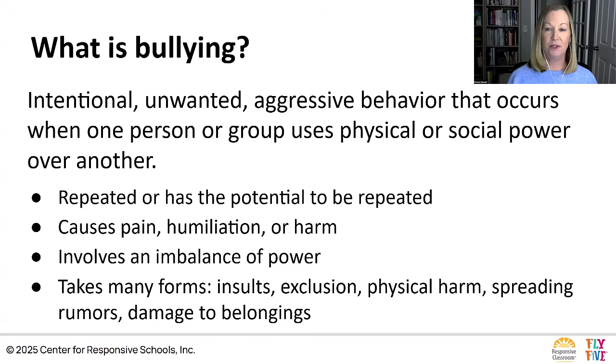But ultimately, what sets bullying apart is that it's all about power. It's about gaining power, asserting it, and maintaining it. So a child who bullies sees assertion of power as desirable. This is how they are getting attention, and this is how they think they can maybe rise in the social hierarchy or get even more power. And bullying does take many forms, including insults, maybe damaging belongings, hurting with words or with physical acts. And bullying can also be online.